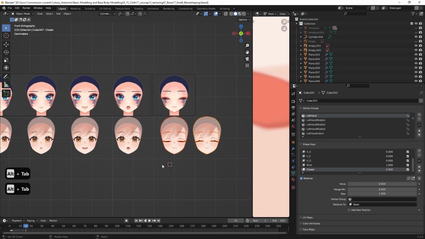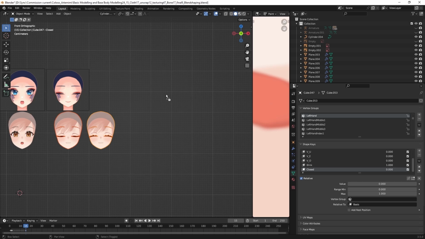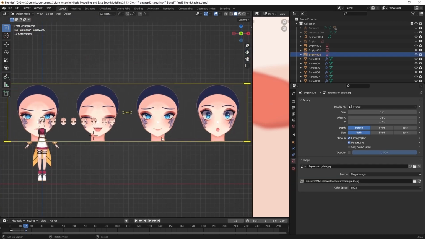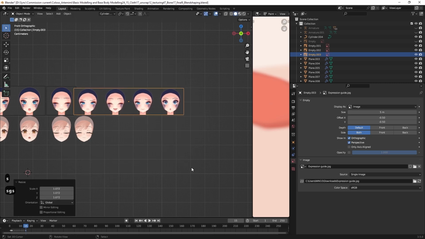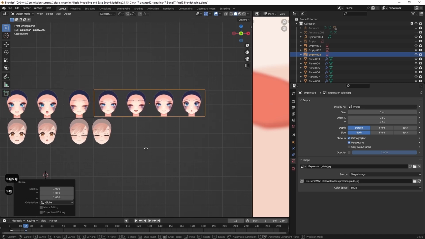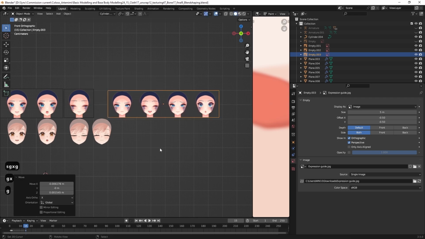So for the facial expression, I have given an expression guide here. We can put our guide here and scale it like this. All right, and this will be our guide for the facial emotion for our character.